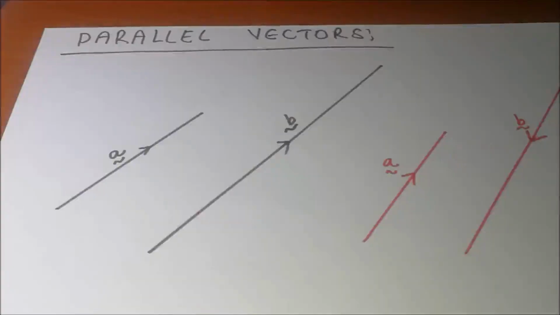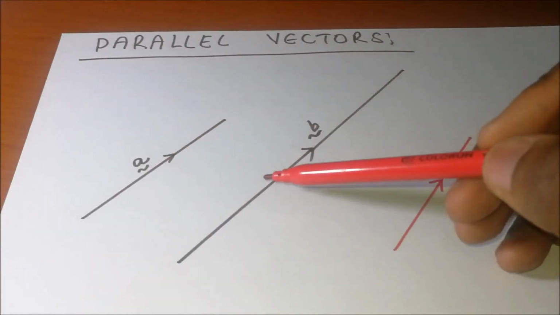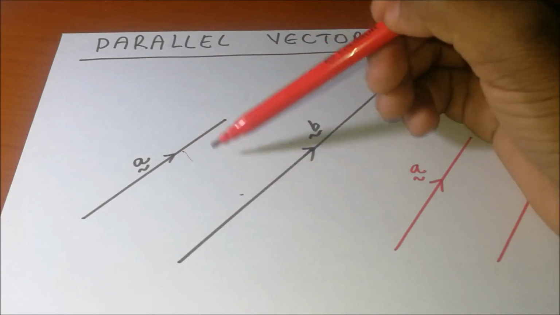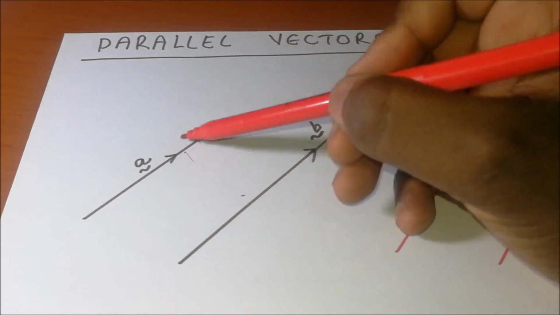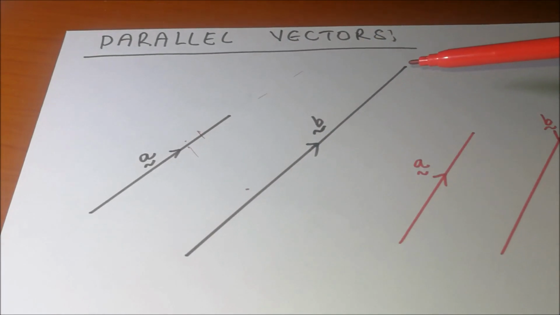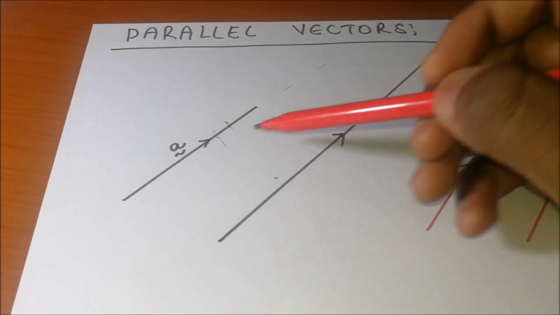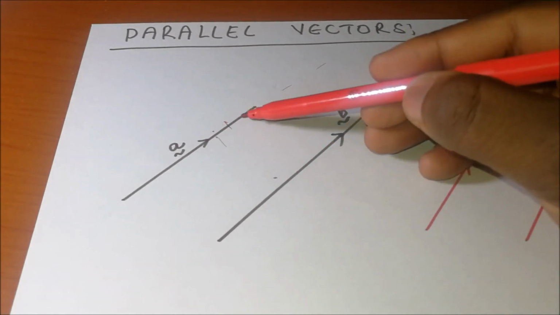For starters, parallel lines are lines that will never meet. So if you look at this line and that line, they have the same distance from each other along all points, and so they are running, and so they'll never meet. However, when we look at it in terms of vectors, we are looking at two lines, but one is shorter